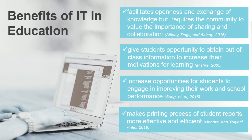The use of information technology facilitates openness and exchange of knowledge, but requires the community to value the importance of sharing and collaboration. To facilitate learning and enable faster access to information, technological innovations such as digital libraries, computer-assisted instruction, and LMS are being used by both students and instructors. This kind of technology has given the students an opportunity to obtain out-of-class information, which in turn helps increase their